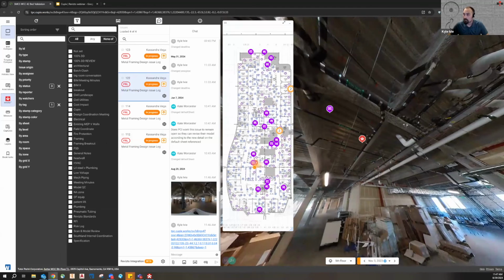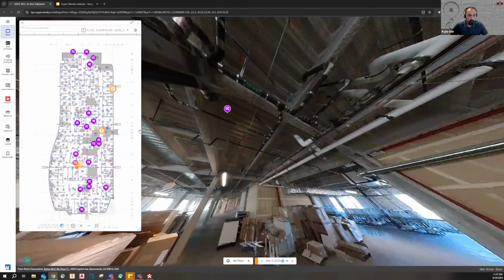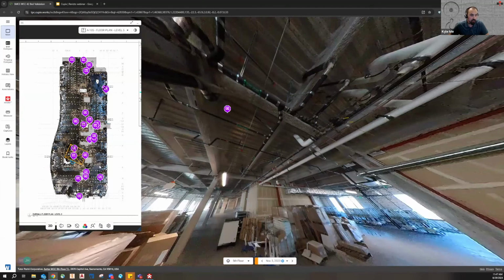All right. Next, I want to show what the dollhouse looks like in Cupix and how to measure. So really quickly, I'm just closing out the Revizto tab, and I'm looking at my floor plan here. It's crucial that you have a good capture that has a lot of panos if you're looking to use the dollhouse feature. On the bottom of the floor plan here, I've got this option for view dollhouse. It looks like a little 3D cube. I'm going to click that, and you'll see I get some color here on my floor plan, and it's essentially overlaying a